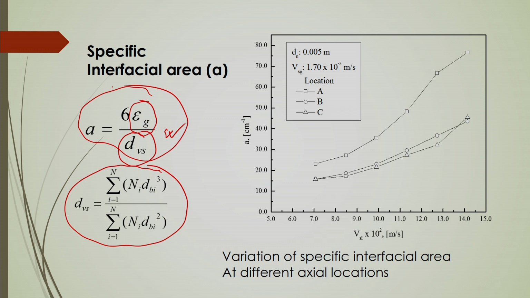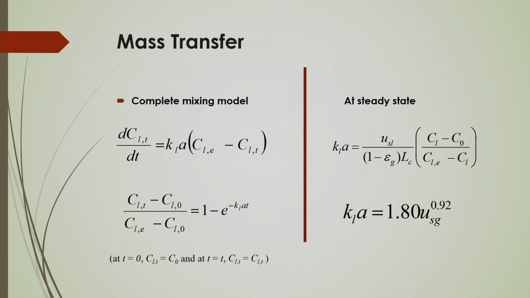So, you can assess what should be the mass transfer in the column between gas and liquid based on this interfacial area. And see here, this mass transfer happens based on this equation, given the concentration of this compound transferring from one medium to the other medium. This is the equation, and this coefficient is called the overall mass transfer coefficient.